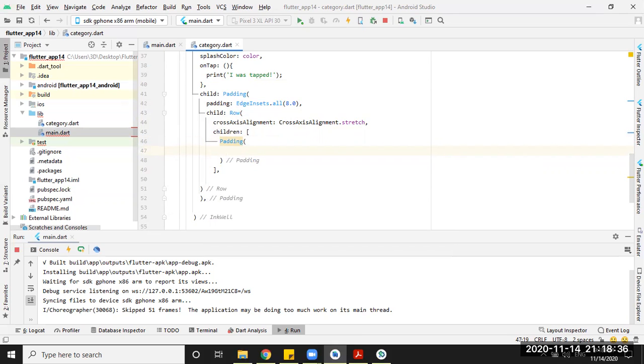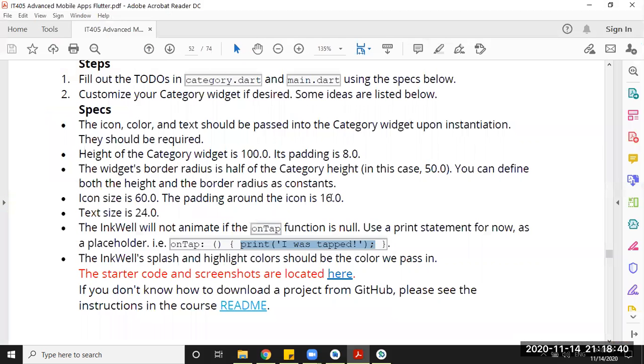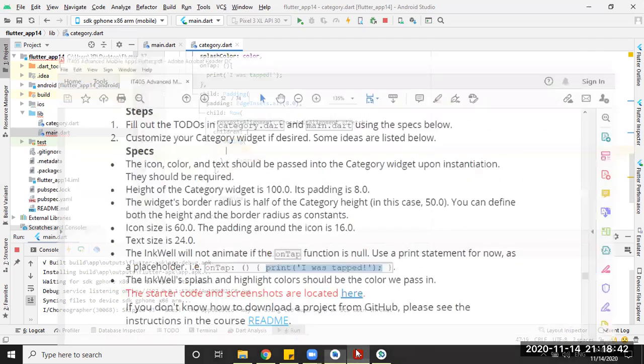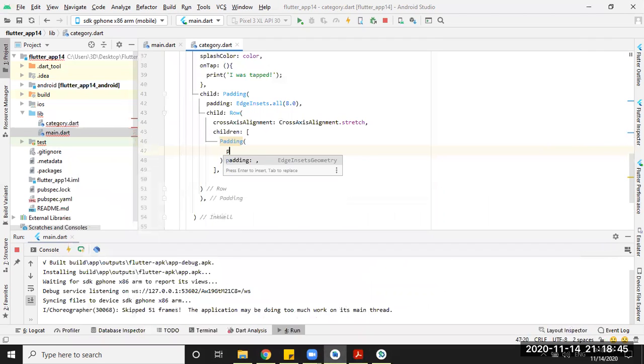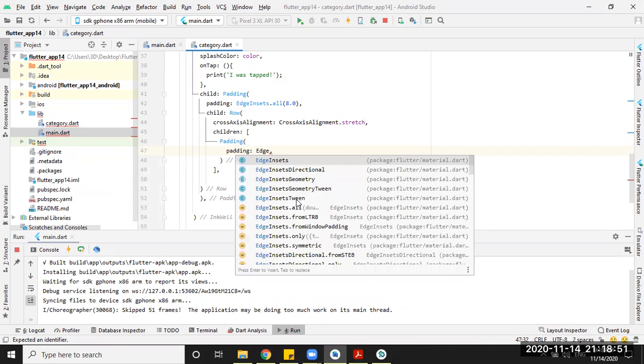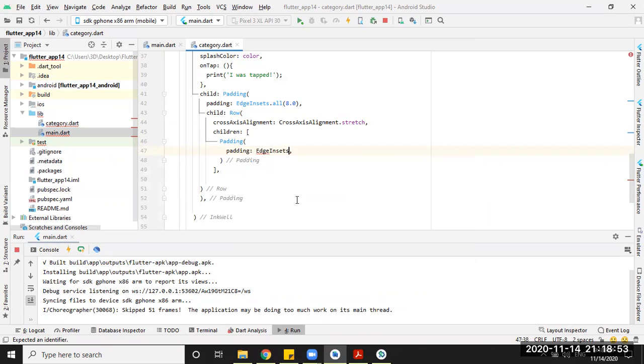Also, we'll give it the padding for this one. It was, let us just check the number. For the icon, it should be 16, the padding. So padding, again, the same way that we did it. Padding, then EdgeInsets.all, from all directions. Should be 16.0. Then after that, we can put our child, one child inside the padding, which was the icon,